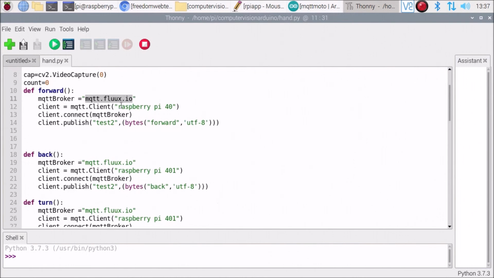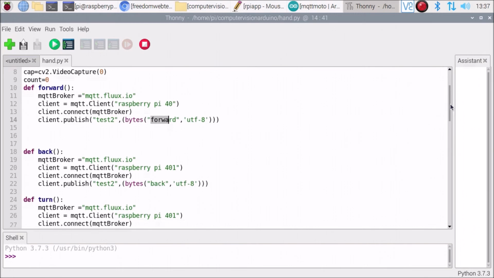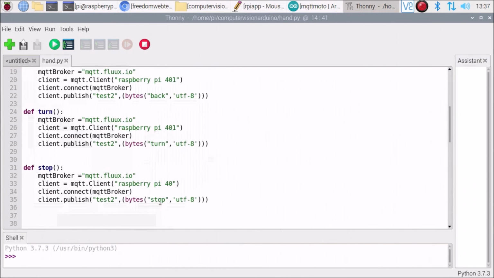mqtt.flux.io. Then this is the name, and this is the topic. The test2 is basically the topic which is subscribed by our ESP8266. So test2, and this is the message. If the condition is completed, then it will send the forward message to our ESP8266, and then the robot will move forward. Then the back message, then the turn message. As you can see, turn message and the stop message. Then if I scroll down,